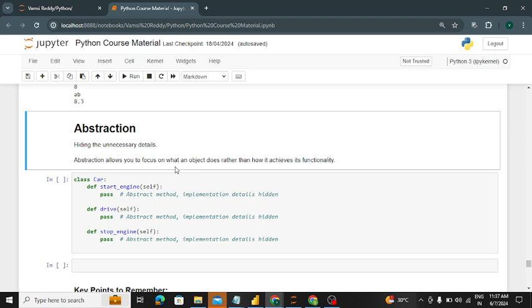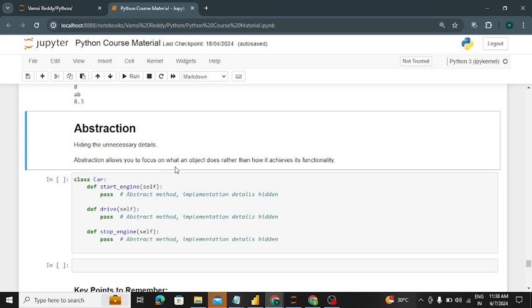Simple, taking an example of a car. The car engine, how it's complex we don't know. How the implementation of the engine works we don't know. But the working we have seen. Right? We switch on the start button, it starts and we are moving forward. But internally how it's built we don't know. That is an example of abstraction. We don't find any implementation details, we just see the working or features.